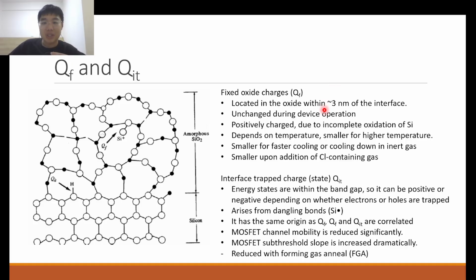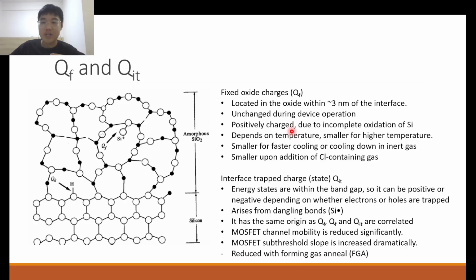So it is always positively charged, and its origin is due to incomplete oxidation of silicon. You can think of silicon dioxide as consisting of silicon and oxygen atoms. So when there's incomplete oxidation of silicon, there are some silicon atoms in the SiO2 that are not bonded to any oxygen atoms. These terminal silicon atoms take on a positive charge. And so this depends on the temperature